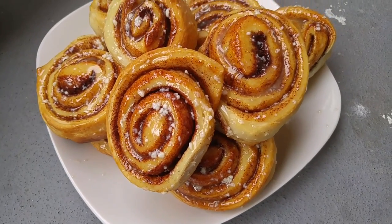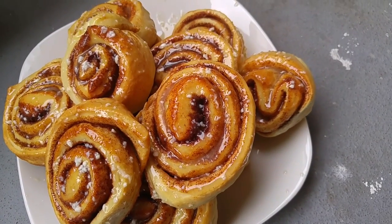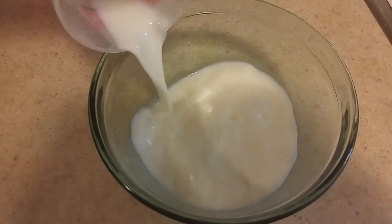Today's dish, we have cinnamon rolls. These are super delicious and the recipe is so simple and very easy, so stay tuned if you're interested and enjoy. In your large bowl, you want to go ahead and add 1 cup of milk, and then we're going